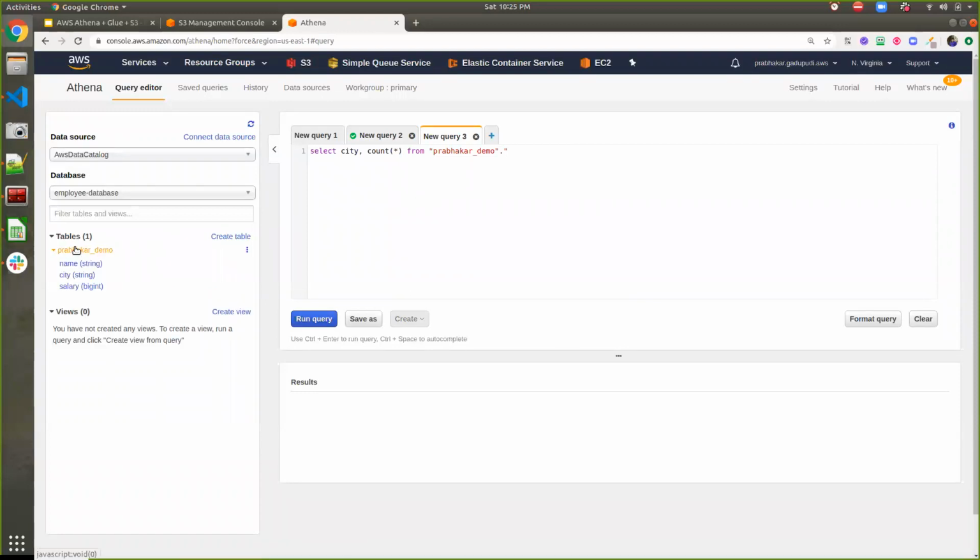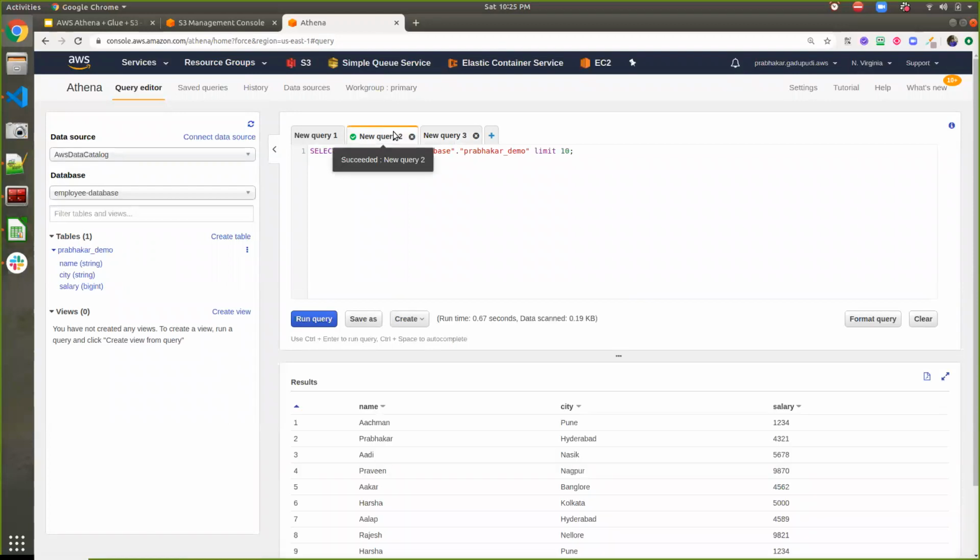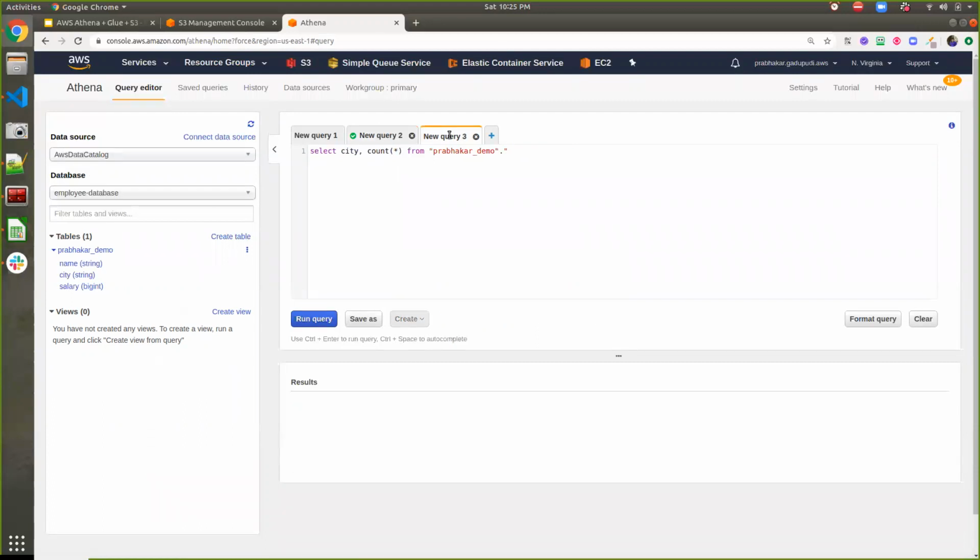What is the table name of the table? Here you can find the name of the table. Employee database is the database name, and Prabhakar-demo is the table name. You can copy that. Here is my database name, and paste it here, dot, and here you can use